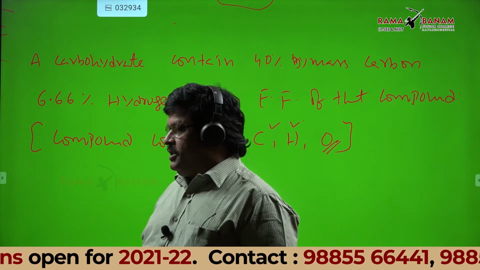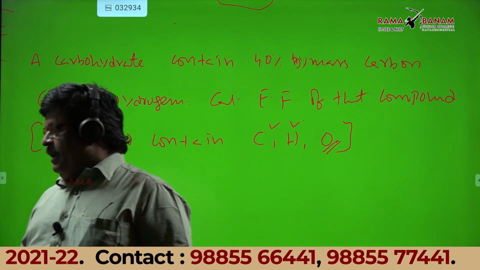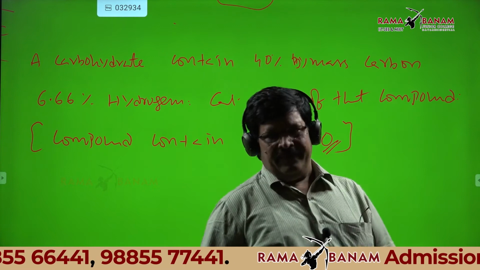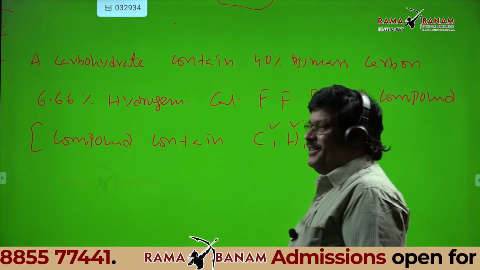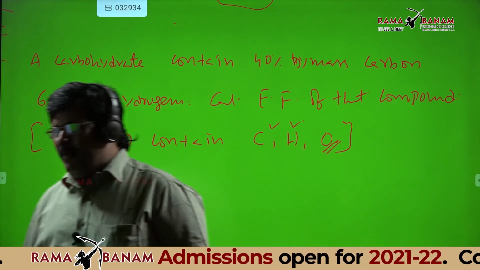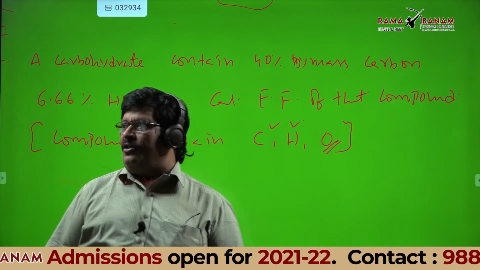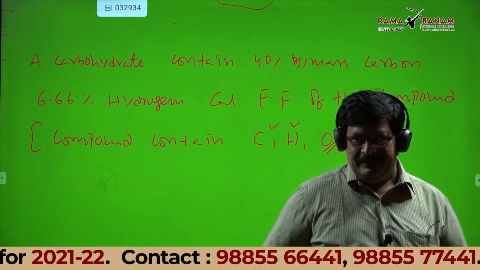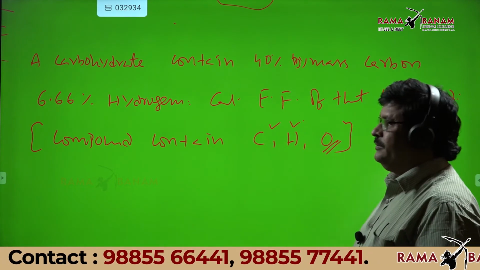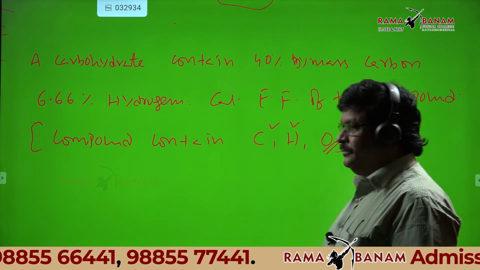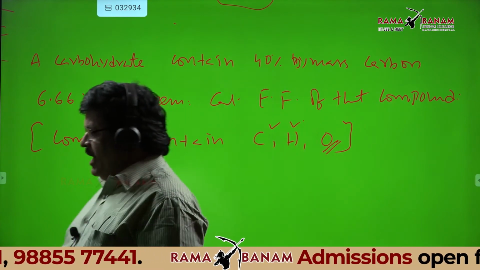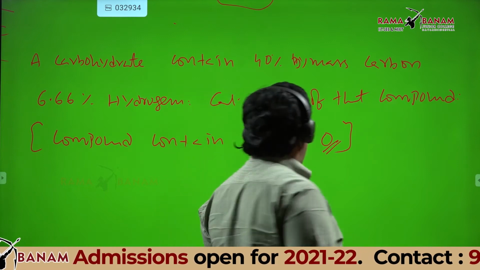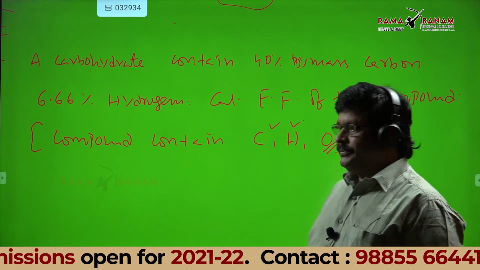CH2O is right, but Jaya, you wrote that it is ethanol. That's wrong. The empirical formula you got is correct, no doubt about it. Students, do you want some more time? Have all of you completed?